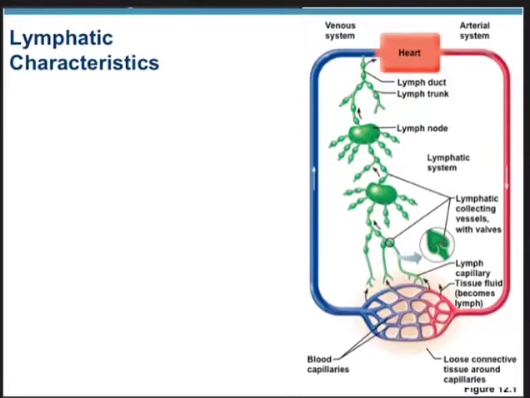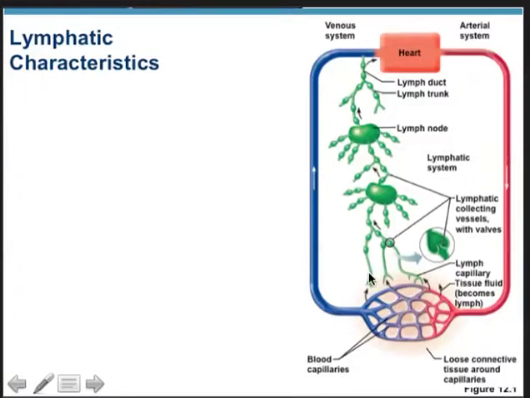The lymphatic vessels have the same three tunics, and so they also have a middle layer that's made up of smooth muscle. And what you're looking at in this diagram is just an illustration of how it is that the tissue fluid that may contain pathogens enters the lymphatic system. It does so as a result of differences in pressure between the tissue fluid and the fluid that's in the capillaries. We'll see in the next inset that the walls of the lymphatic vessels are made up of overlapping plates that will open inward in response to pressure and allow this fluid to get into the capillaries, where it'll eventually